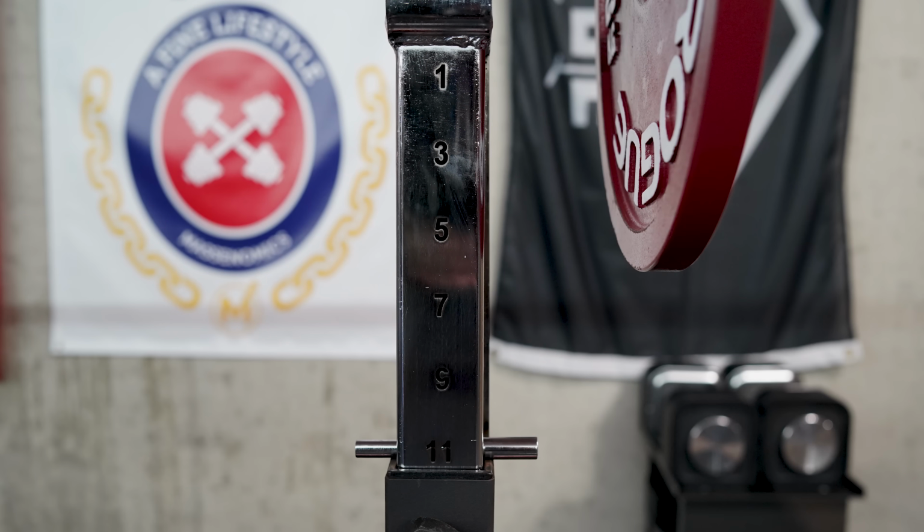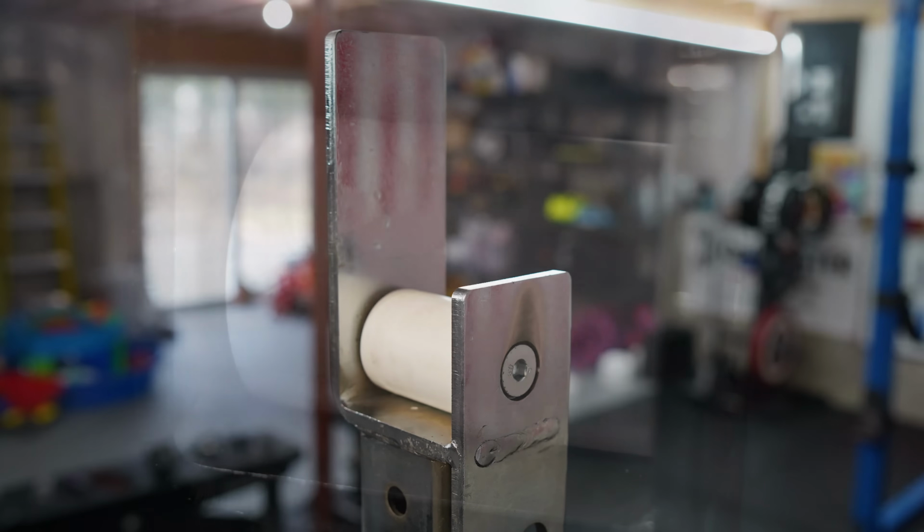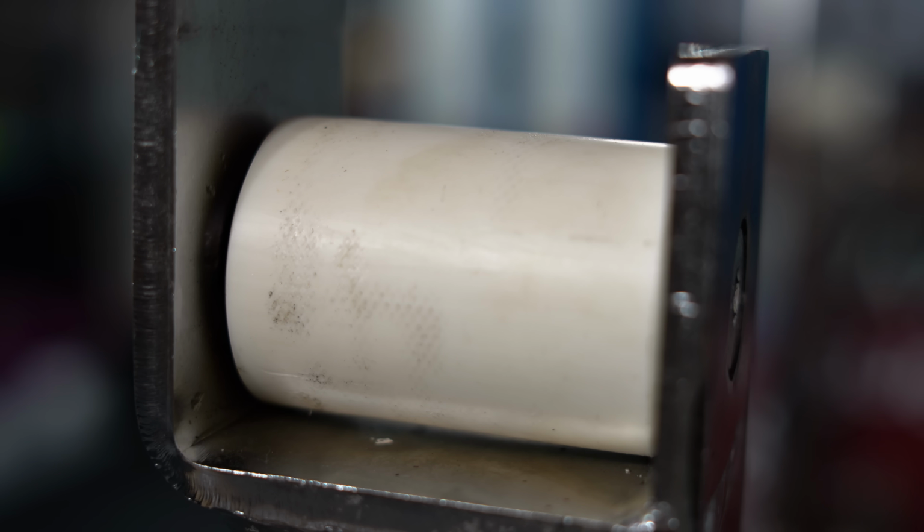The posts for adjusting are nicely done, and they include laser cut numbers to help easily identify the rack heights. At the top of the post is a bar holder with integrated roller. The roller is made out of nylon, which protects the bar and also allows for easy bar centering. The rollers are user replaceable, but I've found the nylon seems to hold up well to wear. I will say that I do think the white makes it appear dirty quite easily,